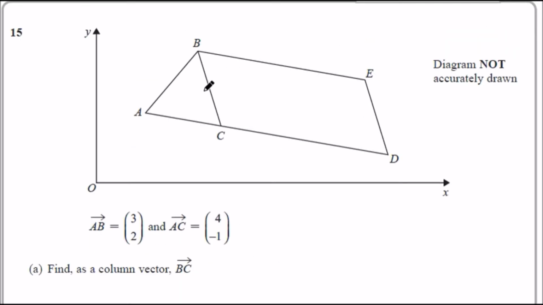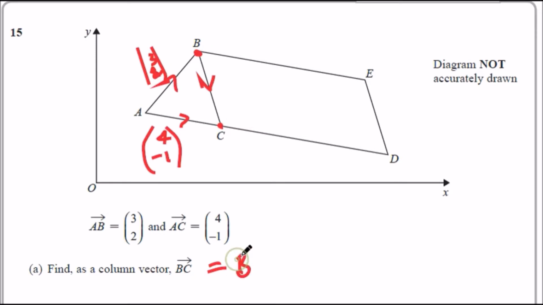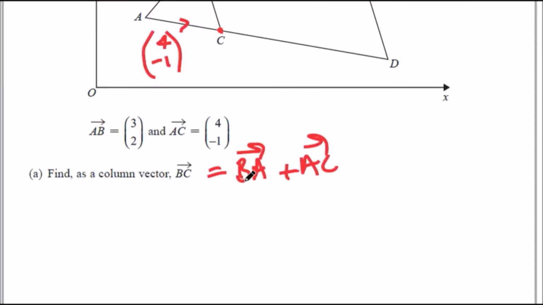Okay, so here we want to find BC. Well, to get to BC, we have to start at B and just make our way to C. Since we know AB goes in this direction, it's (3, 2), whereas AC is going in this direction, which is (4, -1). So all we have to do is simply go from B to A, and then go to C. So this would equal, if we travel from B to A first, plus then A to C. Since B to A is the reverse of these values, it'll be negative,